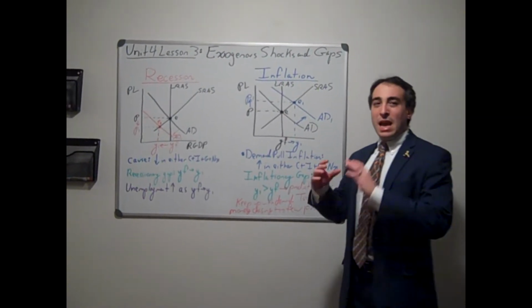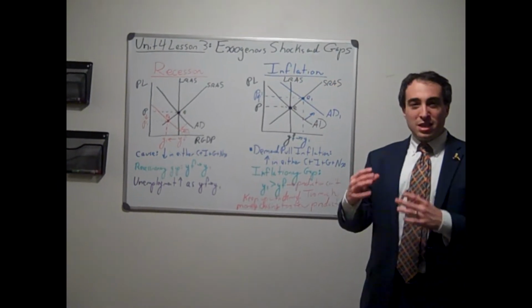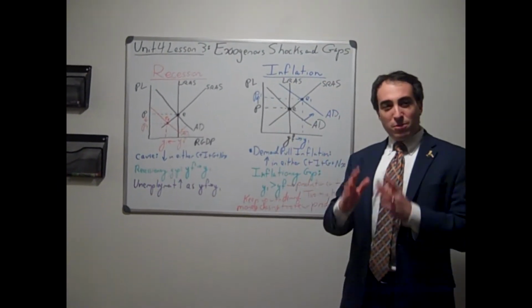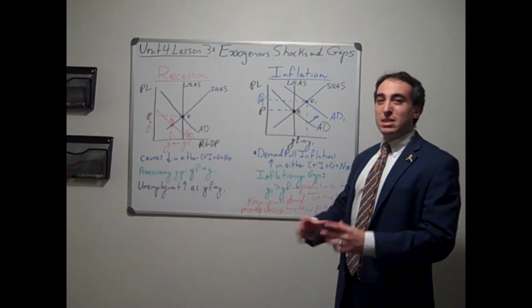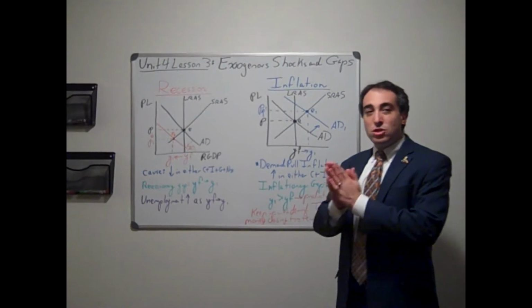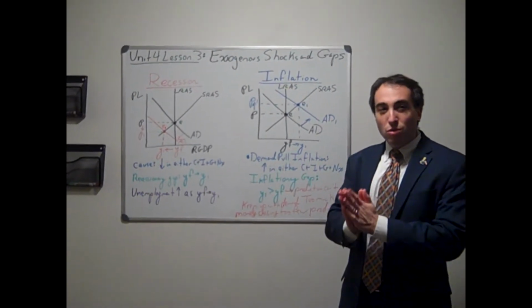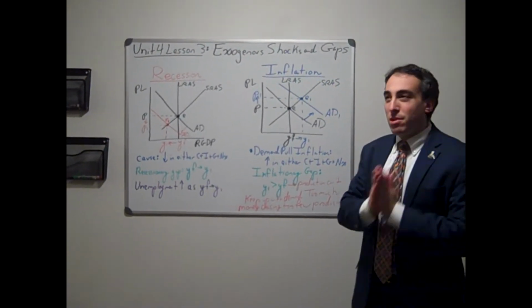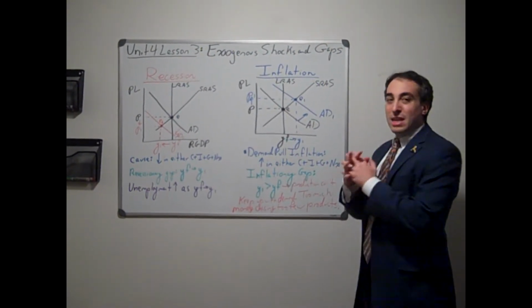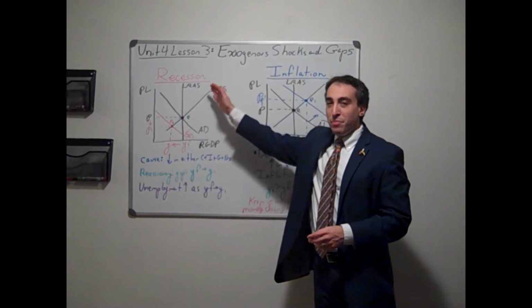Essentially showing how if something exogenous, if something outside happens to an economy, how it's represented, how it's visualized, how it takes us from where we should be, where we want to be, to away from that to where we are. And we are going to start with the first two most common types of gaps: the recessionary gap and